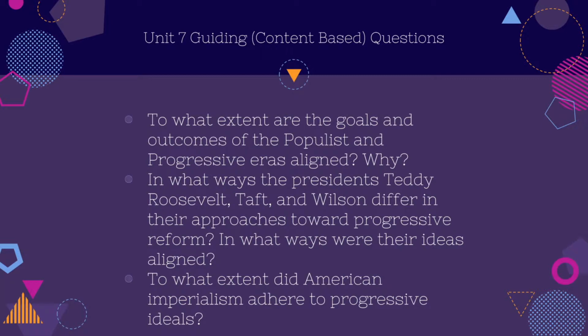Now, this one, quite frankly, as I record, I'm sort of smiling here because I might really reconsider whether or not we dove into the populist era enough to really tackle that question. So instead, you could consider just the extent to which the goals and outcomes in general, just in the progressive era, are aligned. To what extent did they have one goal going into it, and then the actual outcome took a new form, and why might that matter? In what ways did the traditional progressive presidents, and they are Roosevelt, Taft, and Wilson.